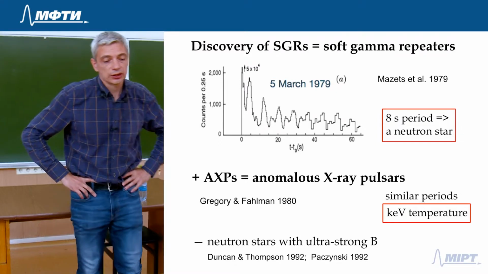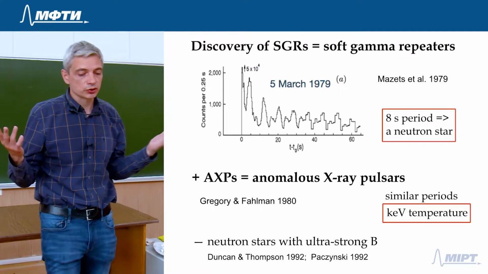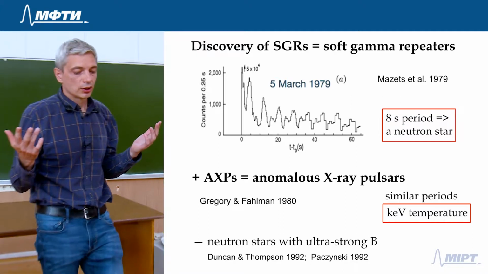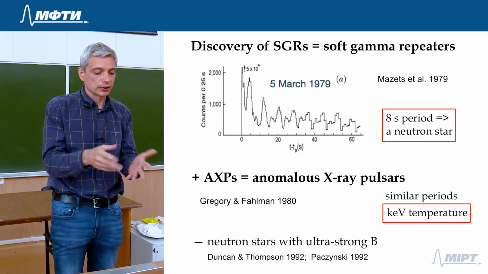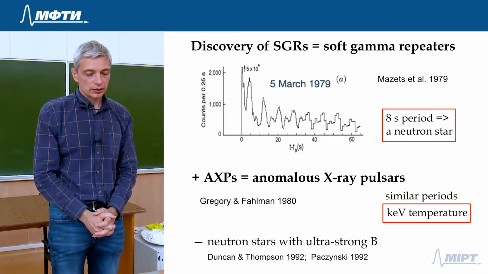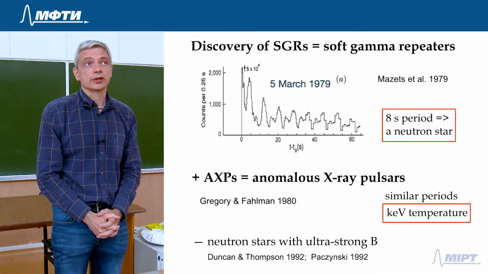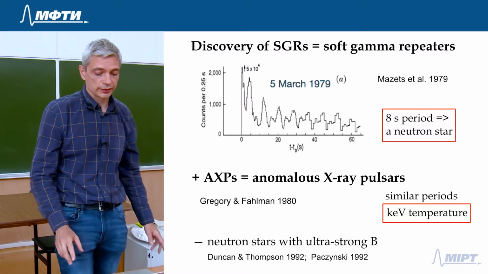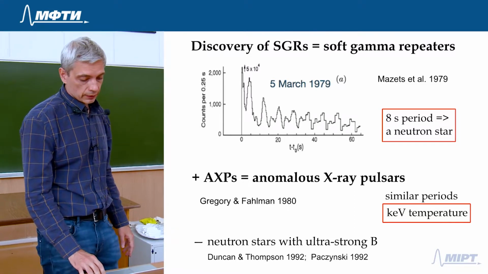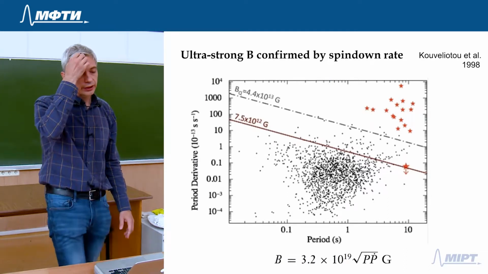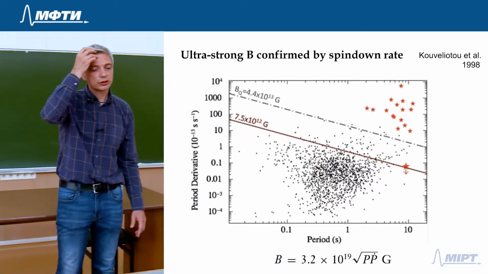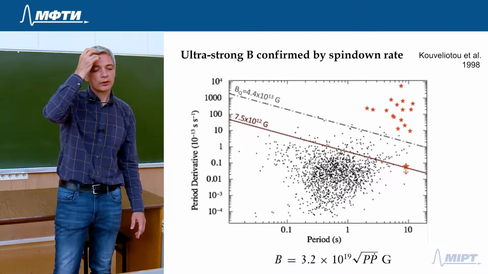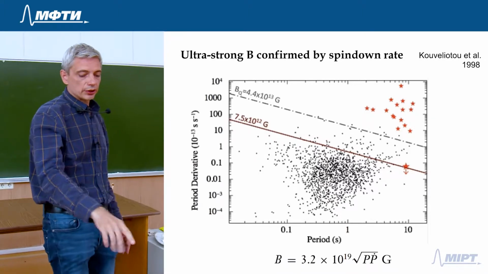But the basic idea was, well, wait a second, we don't have any source of energy for these objects. Really, if you look, there is no sign of accretion, for example. And what else could it be? And they conjectured that it could be the decay of magnetic field. All right, then in 1998, there was